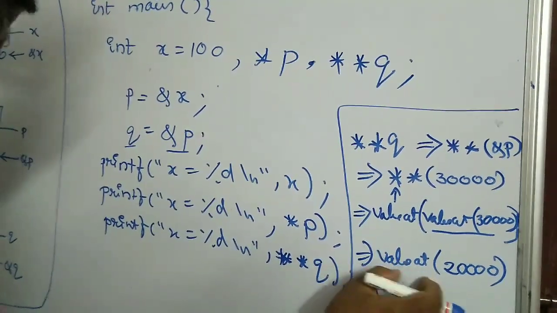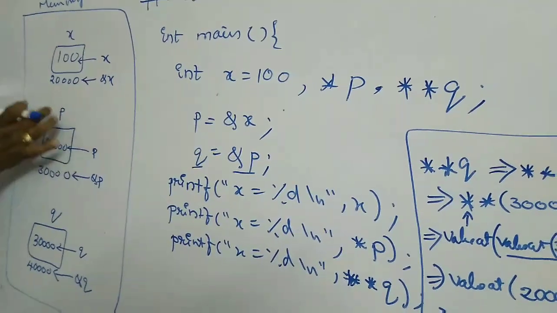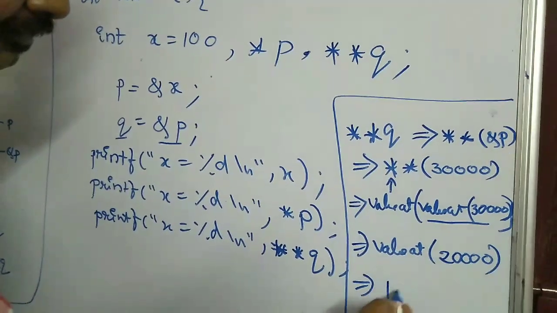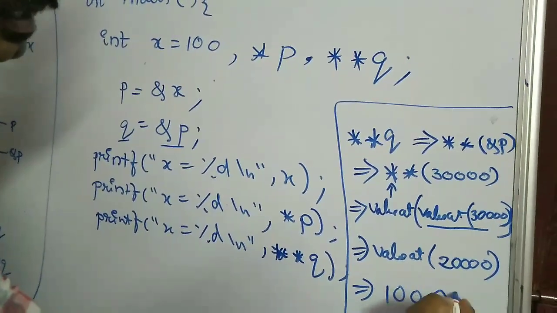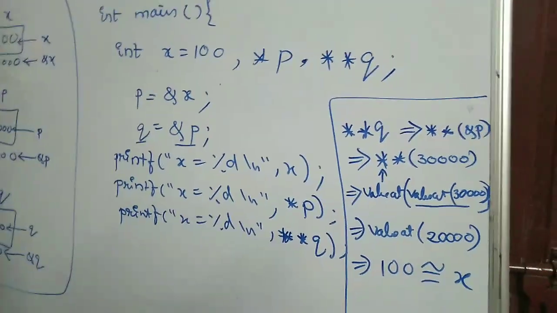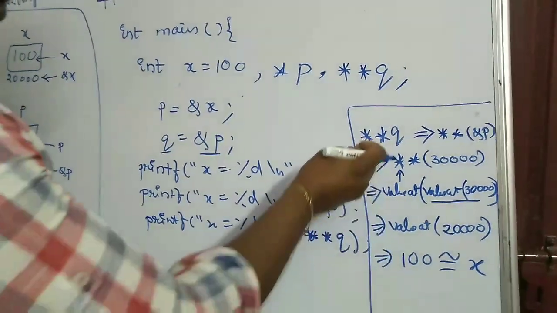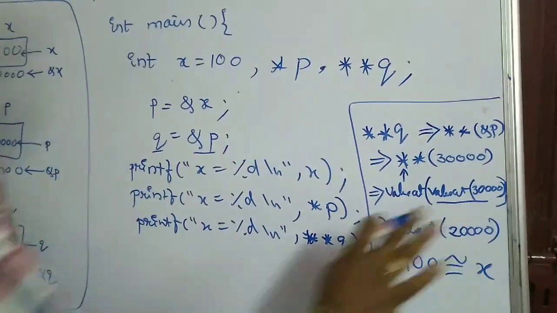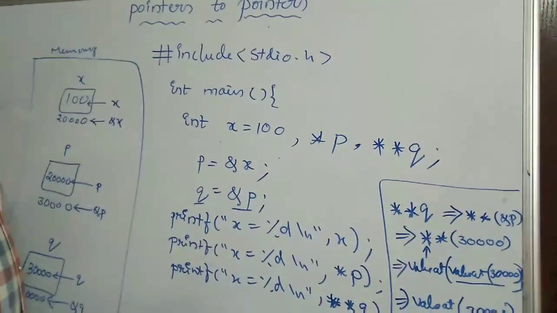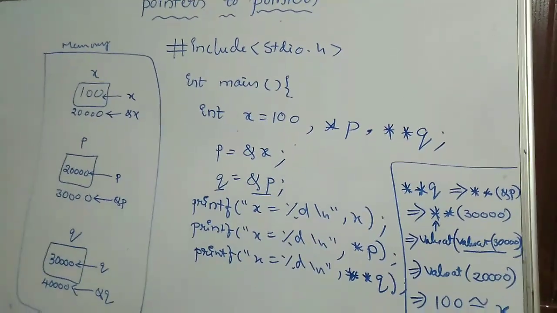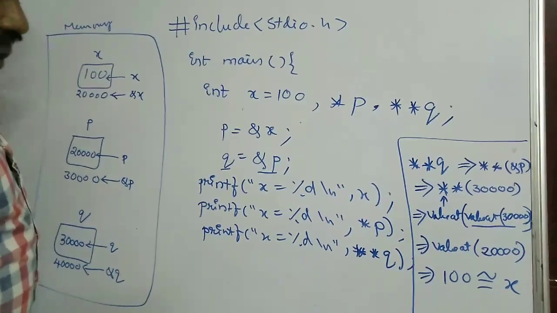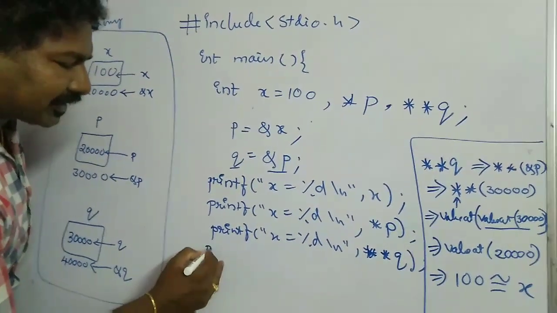Okay, then what is the value at 20,000? From this picture you can know what is the value at address 20,000. That is 100, which is nothing but the x value. So with a small mathematical derivation, we can clearly say that star of q is nothing but x. So this is how you can easily understand the concept of pointers to pointers, friends. Okay. With this knowledge, I want to further expand this concept, that is how you access the address of the